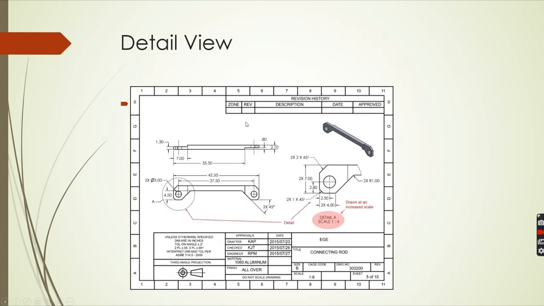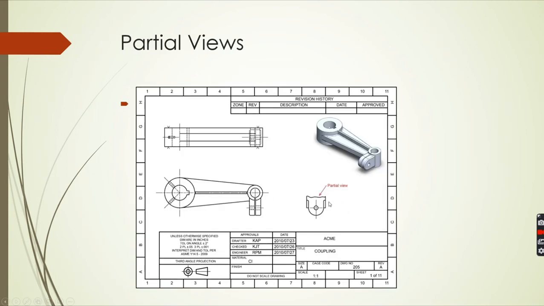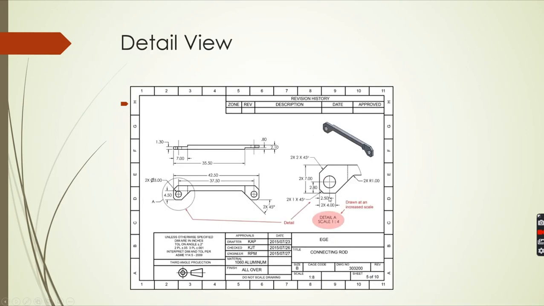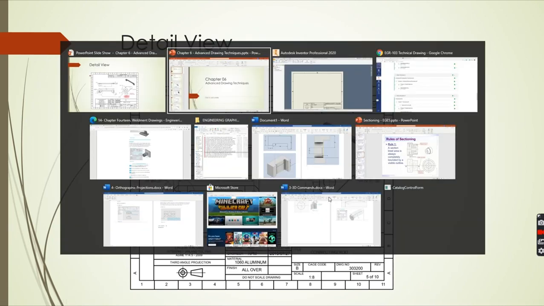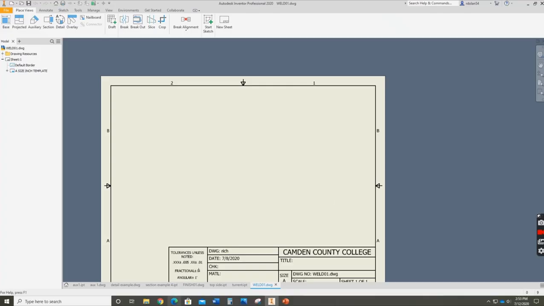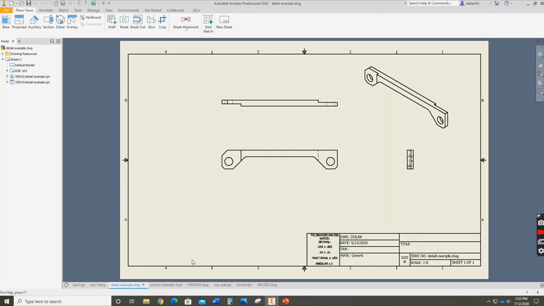We also have detail views. A detail view we looked at in the last chapter, but here's just another look at it. If we have a piece here, we can create a detail. So let's take a look at that, and we'll look at our detailed drawing. Here's our detailed drawing, and I just drew what was in the book. Again, we just go to detail, we pick the